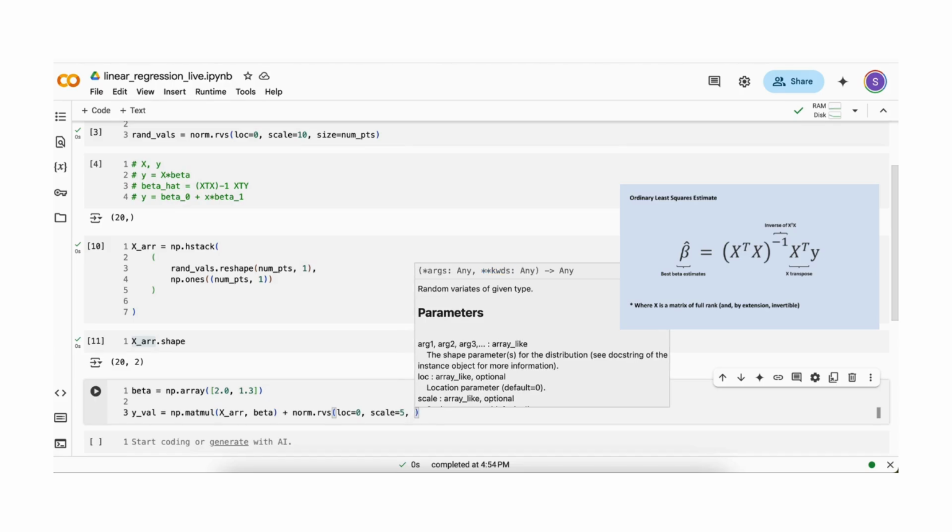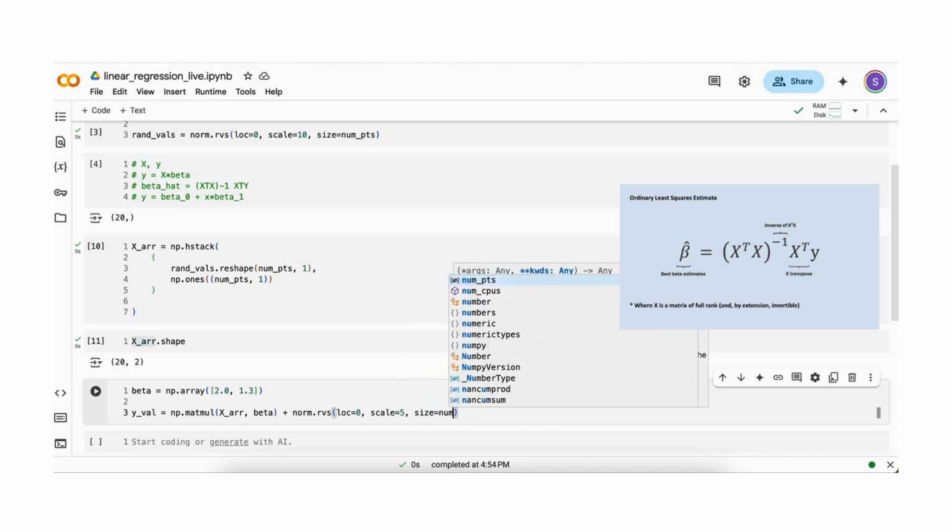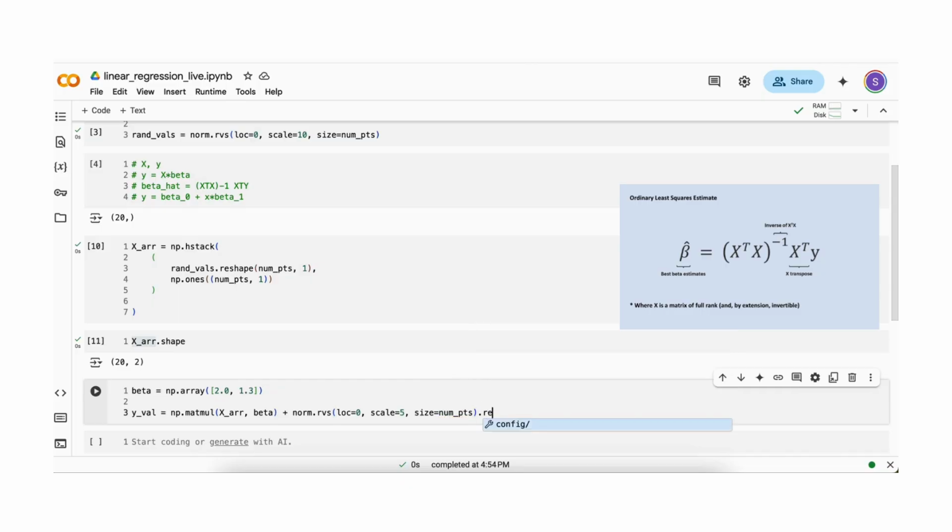Then size equals num points, and then reshape this to match the